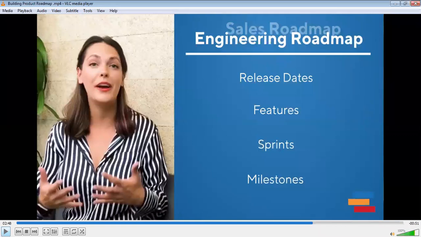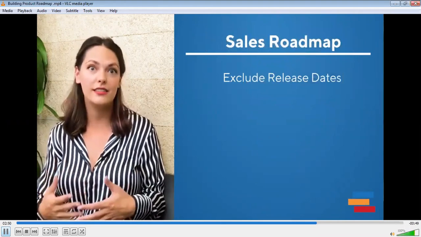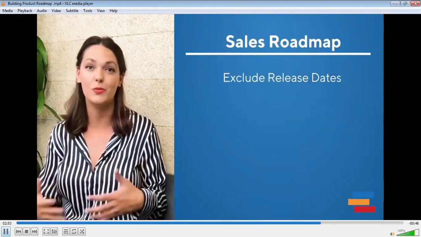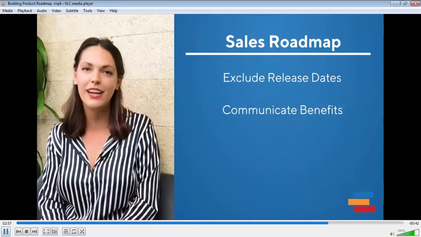Milestone is basically dates like go live, or dates like, okay, start using, or attached to the main system, and those scenarios. So those kinds of activities I can plan across with these engineering roadmaps. You actually want to exclude release dates. That's because this is the roadmap that the sales team uses with prospects, where they communicate the benefits of what's coming down the pipeline with your product.